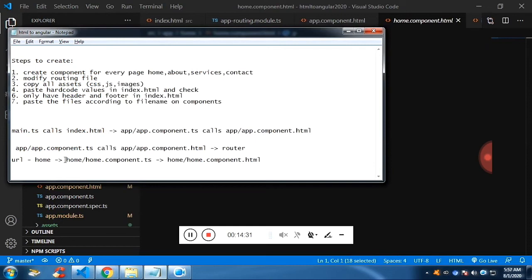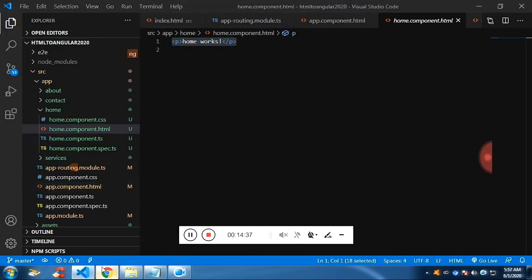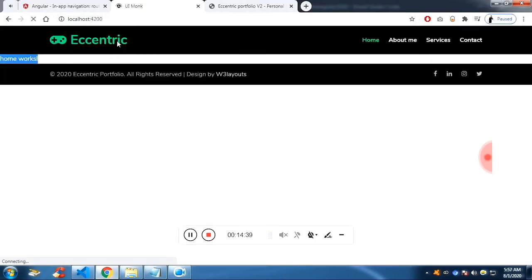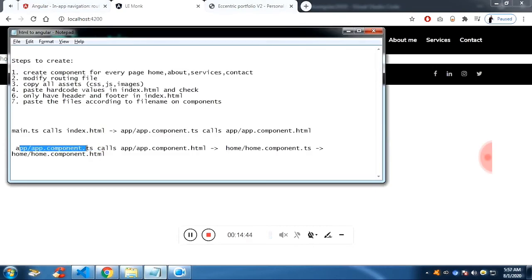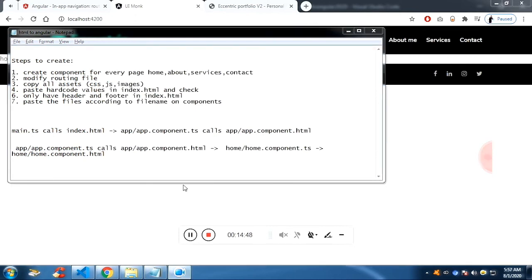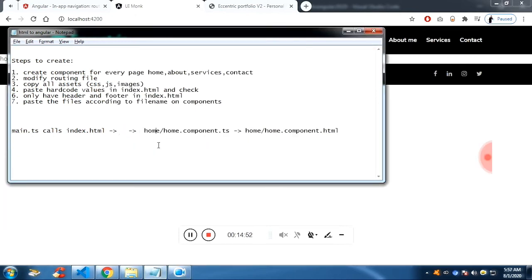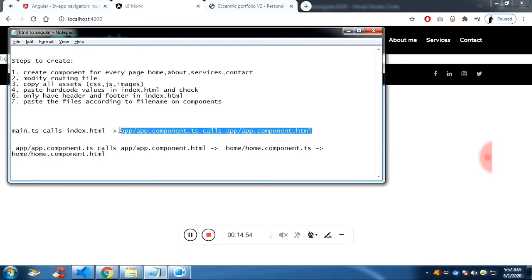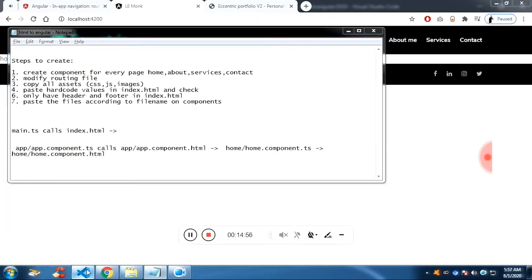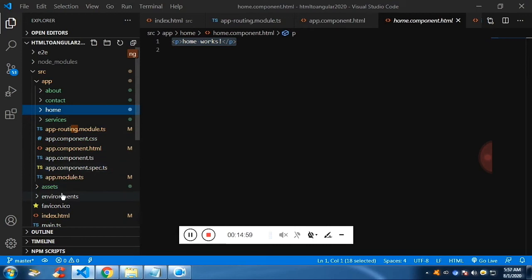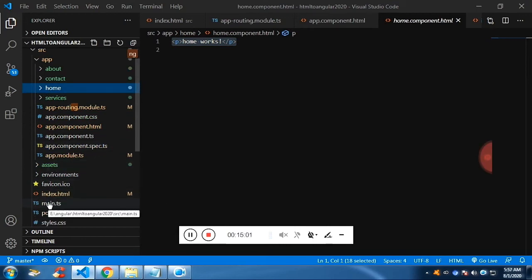Now to understand the flow, the index.html will call the app component.ts file. Now let me remove it as well. We need one to demonstrate. Fine. Now index.html, main.ts file calls the